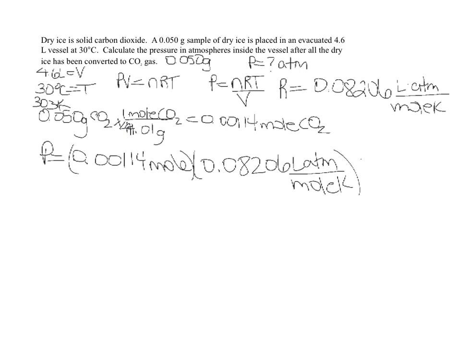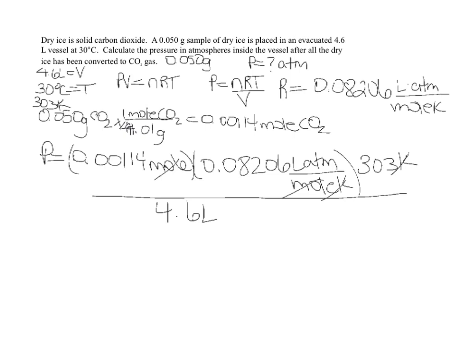T is 303 Kelvin. Divided by V, which is 4.6 liters. So you'll see that the moles cancel, the Kelvins cancel, the liters cancel, leaving us with atmospheres, which is what we want. So our pressure is equal to